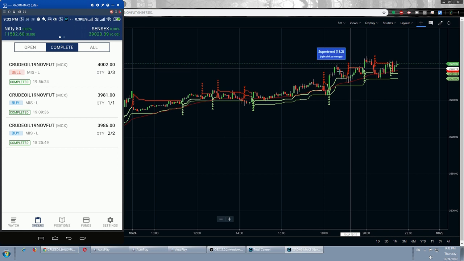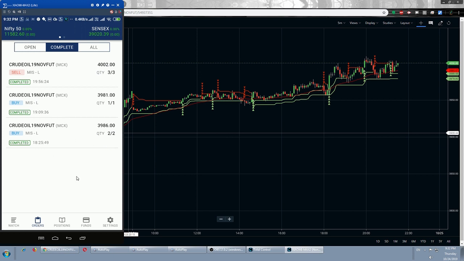So this is the explanation of how to use the strategy. I hope it is clear. So this is the order book, as you can see here. And if I go to the positions,